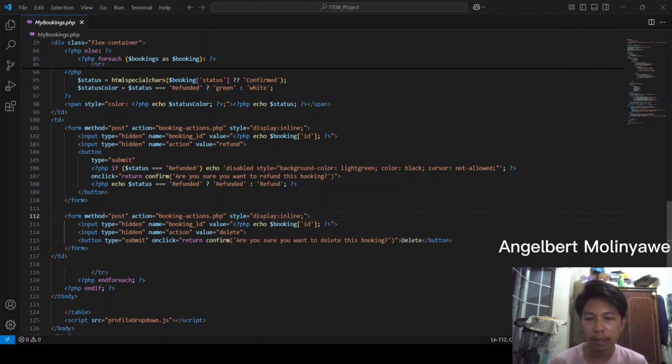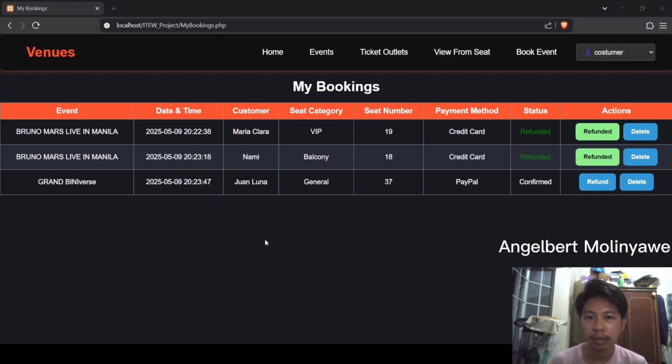One for refunding and another for deleting. If the booking is already refunded, the refund button is disabled and it will be shown in green. I will show you the web page.